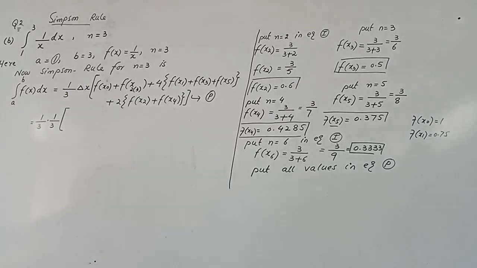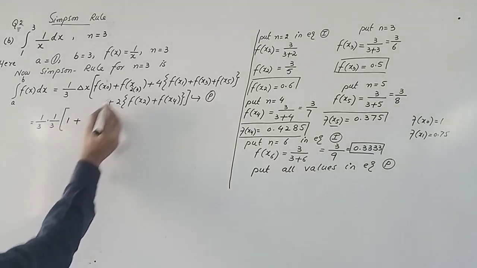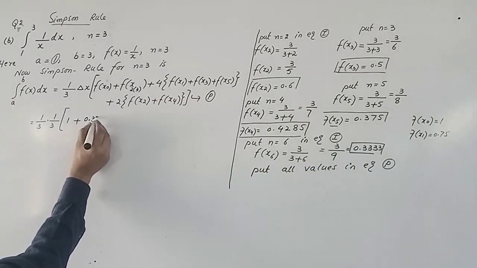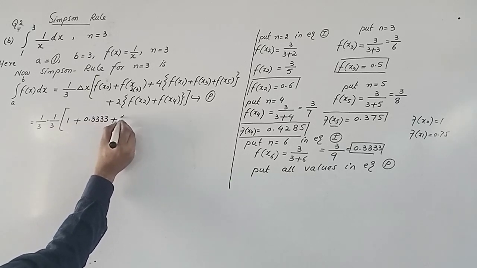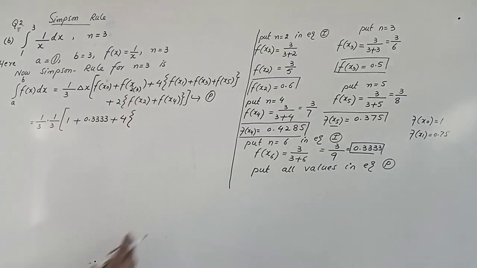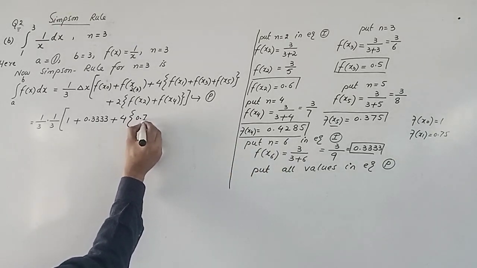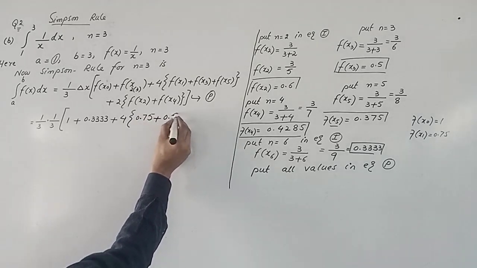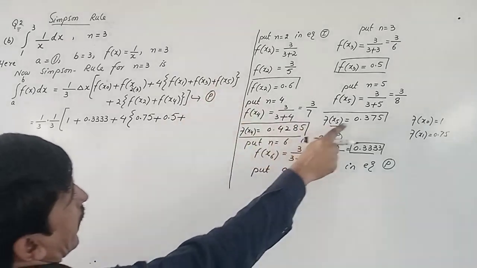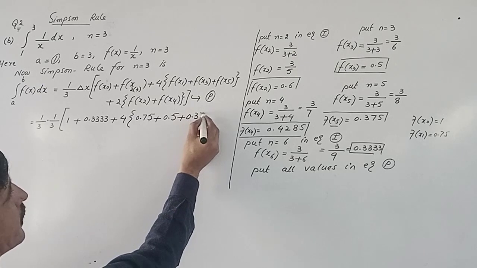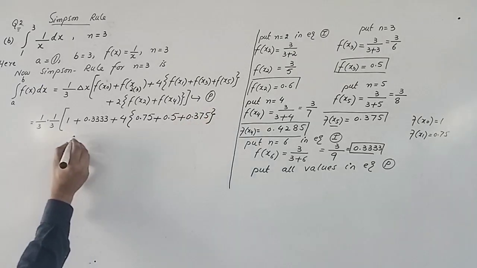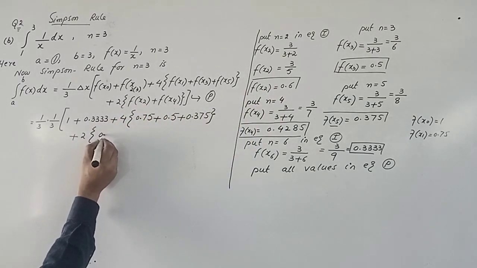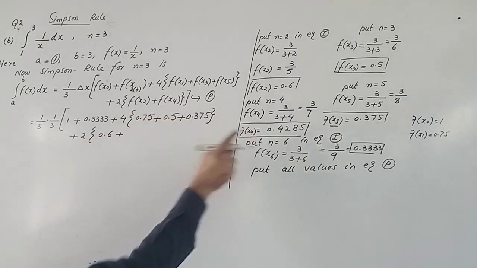F of x0 is equal to 1 plus f of x6, which is 0.3333, plus 4 times the odd entries: f of x1, which is 0.75, plus f of x3, which is 0.5, plus f of x5, which is 0.375, plus 2 times the even entries: f of x2, which is 0.6, plus f of x4, which is